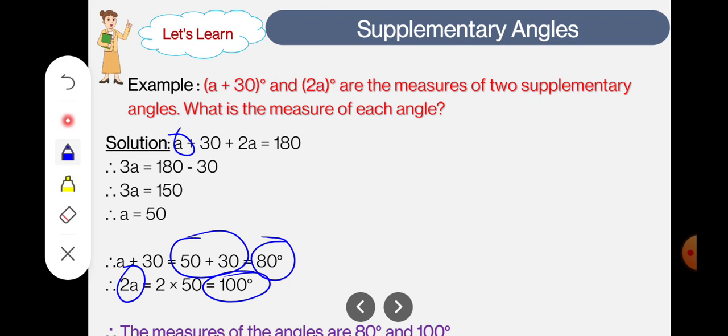So I hope you must have understood what supplementary angles are, and it was very easy to understand. In the next video, I will teach you practice set 17, a few sums which are very tricky, and all are not based on supplementary angles. Little different from the supplementary angles, but definitely I'm going to teach you that.